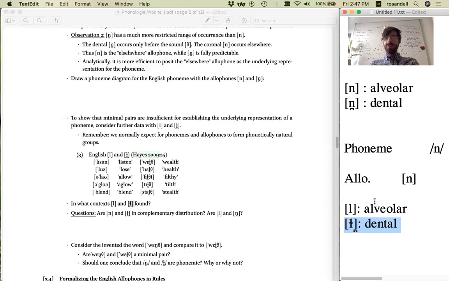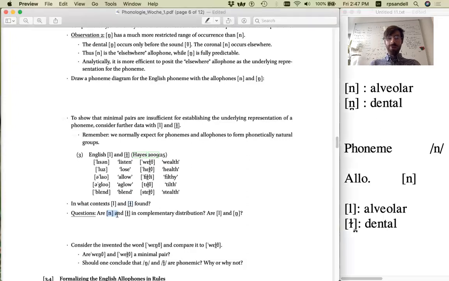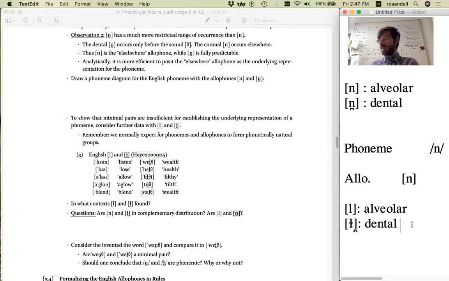So there's a complementary distribution between the alveolar nasal and the dental nasal, and there's also a complementary distribution between the alveolar lateral and the dental lateral. So based on that complementary distribution,